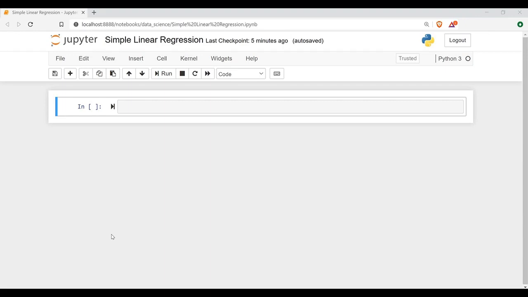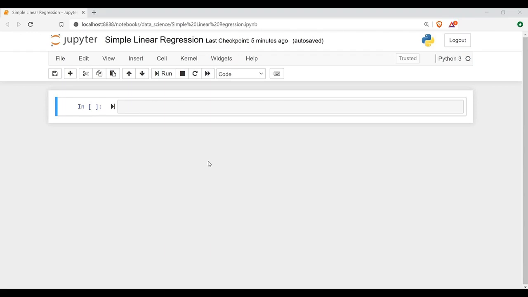Then we will see how we solve a linear regression problem using some ready-made package. There is a package called scikit-learn, which stands for scientific kit in machine learning. So scikit-learn is a machine learning package in Python which we can use to solve this regression model. First we will do it in the ordinary way, from scratch end to end. Then we will see how to implement that in the machine learning package, that is scikit-learn.